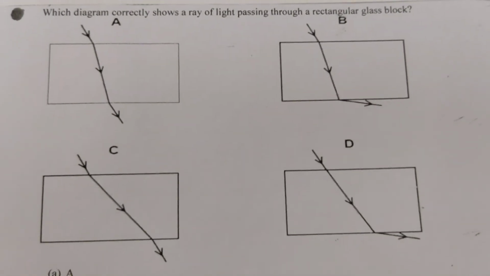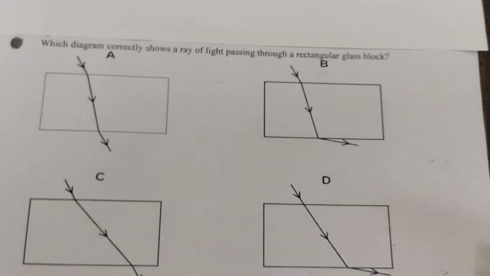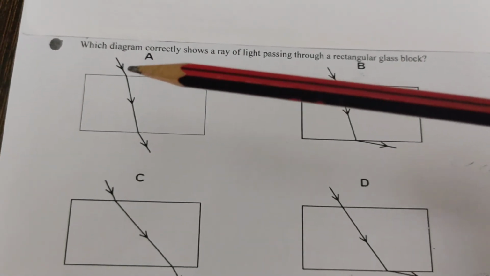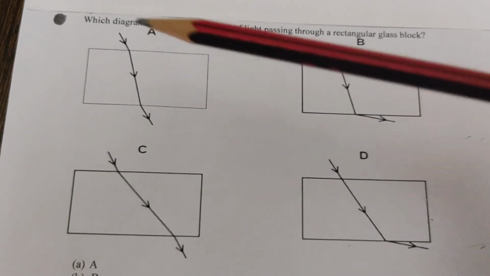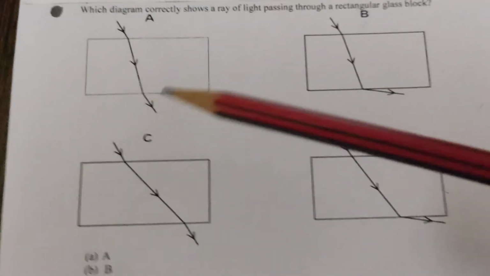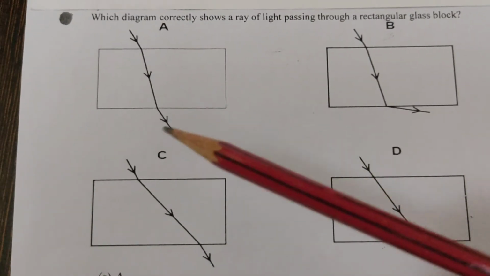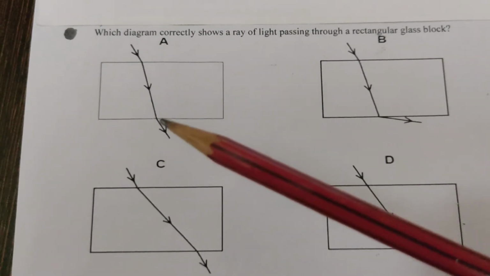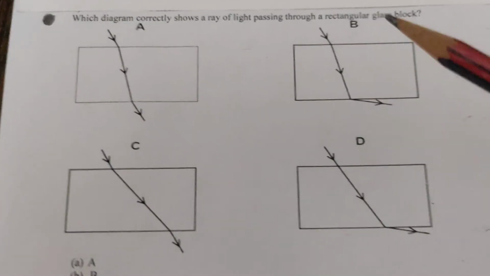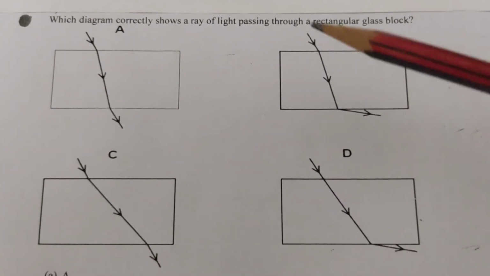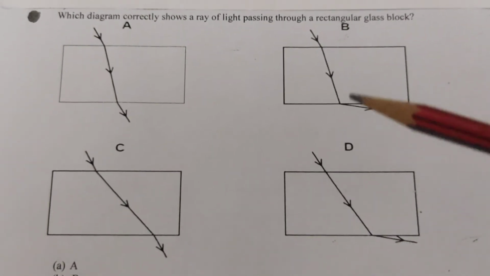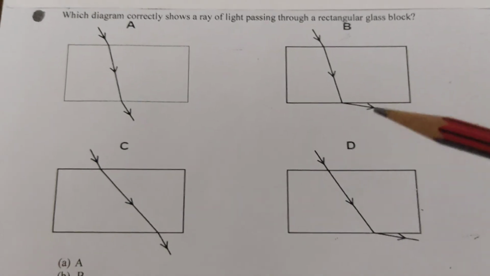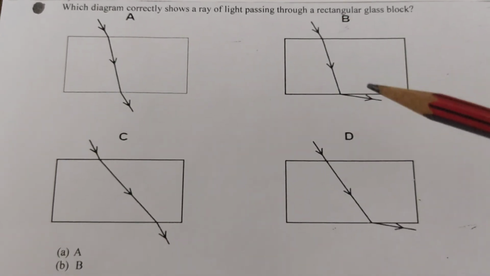So now let us choose the correct option. Now here the incident ray, and if we draw normal here, it is bending towards a normal and then it is moving away from the normal. And if we extend this incident ray, I think we will get the emergent ray and incident ray parallel. So I guess this is a correct option. But before we choose, let us look at the other options. Now B, here if I draw a normal here, the ray is bending towards the normal, correct. Now it is moving away from the normal, correct. But if I extend my incident ray, the incident ray and emergent ray will not be parallel. So this is wrong.